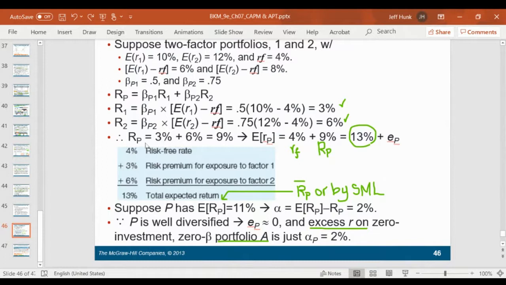Yes, but that is based on our index model or CAPM. But this expected risk premium on the portfolio is either calculated by